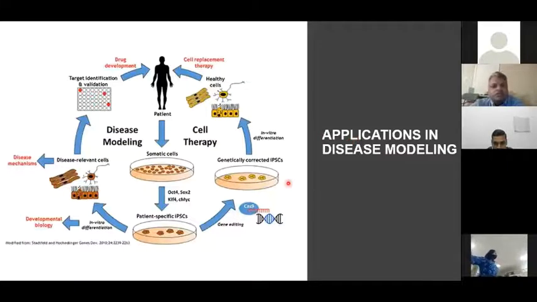Okay, so like I was telling earlier, if we get these somatic cells or fibroblasts from these patients, we can then reprogram and in vitro differentiate these iPSCs into the disease relevant cells. Suppose, for example, in diabetes, we get these cells from patients and in vitro differentiate